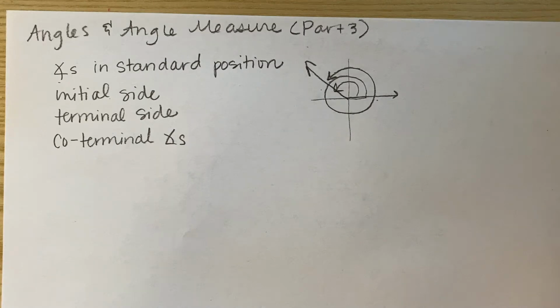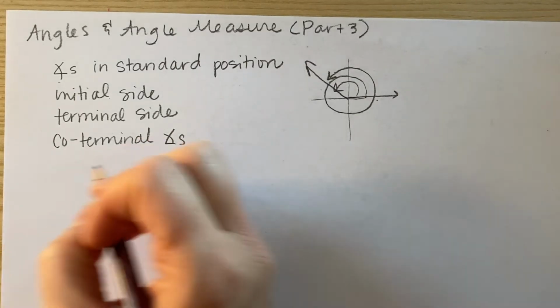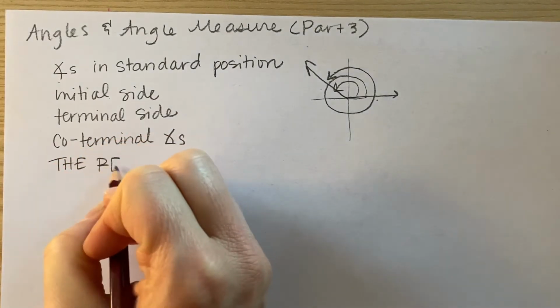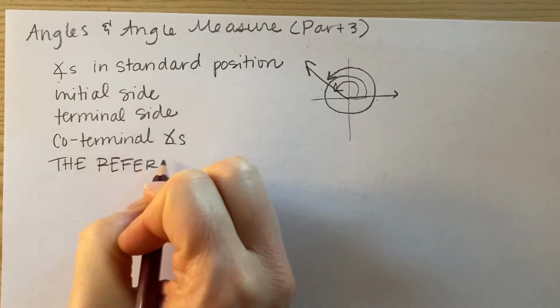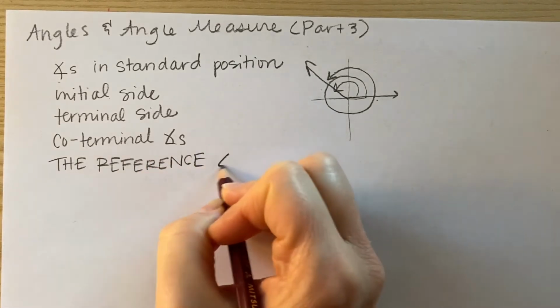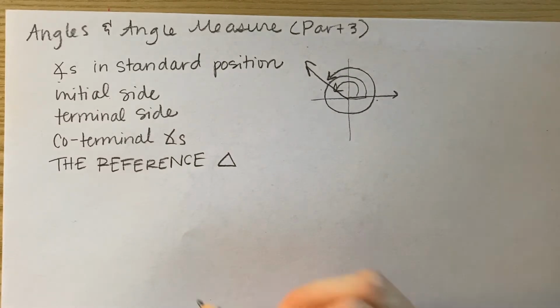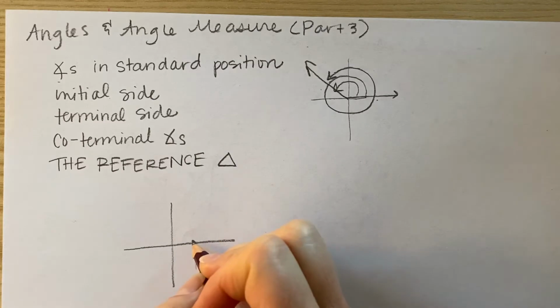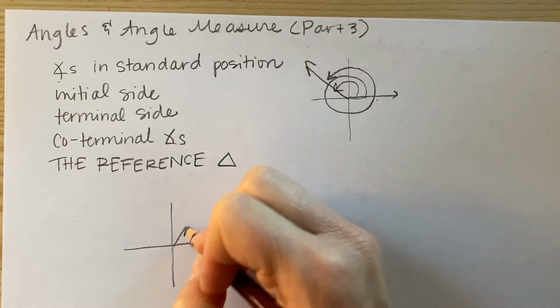But you may be wondering, what does this have to do with trigonometry? Well, that is where the reference triangle comes in. The reference triangle. So if I want to do trig with these numbers, if my angle that I'm dealing with is, let's